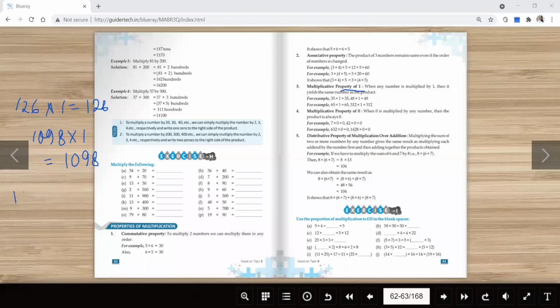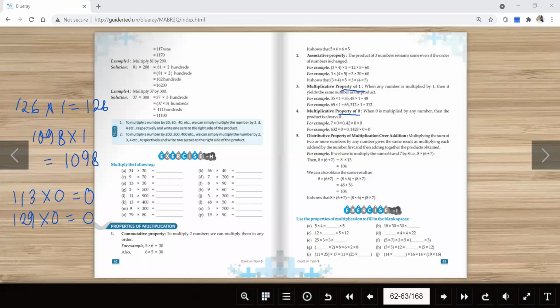And with 0, it is very easy, because suppose we are just multiplying it with 0. 0 is a special number in maths, I already told you, I hope so. So the answer will come as 0. 129, suppose I am multiplying by 0, the answer will come as 0, right? So these two properties are also done. First we will learn these properties, then we will go to the next page and solve the rest of the exercise.